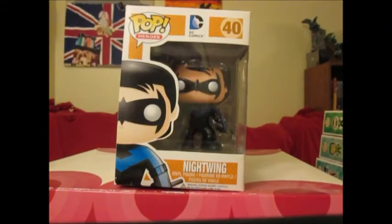Alright, this is another one of mine. This is, of course, Nightwing, Dick Grayson, the original first Robin in his second identity as Nightwing. He's had various identities through the ages, including Renegade, Batman, and...